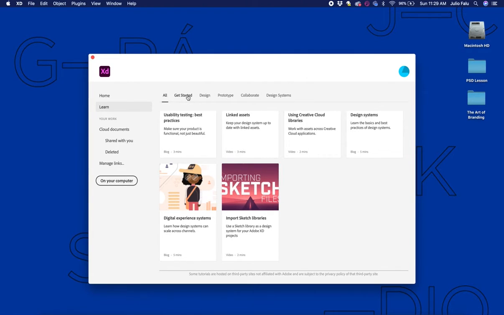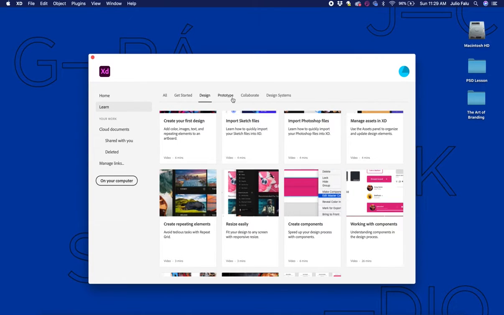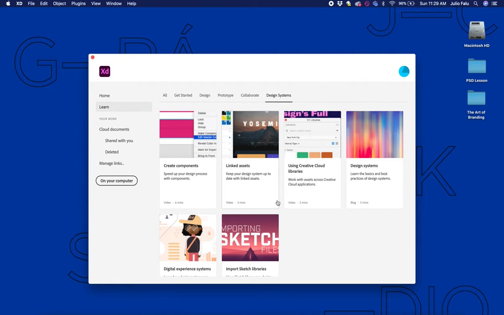different categories. Getting started, which is the basics, design, prototype, collaborate, to how to collaborate with other designers or your clients, how to create design systems, okay, how to link assets using Creative Cloud libraries. So this learn section is gonna be very essential for you guys to actually get some of the things that you want to do